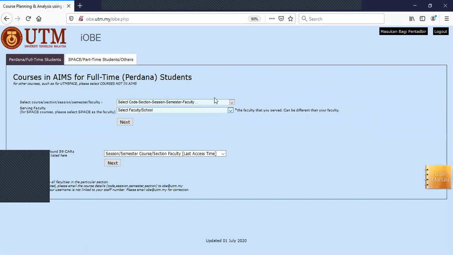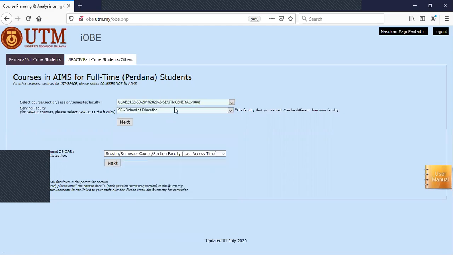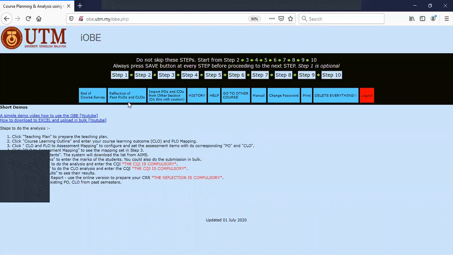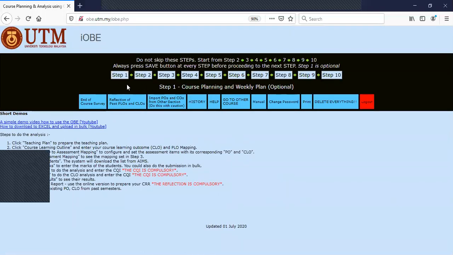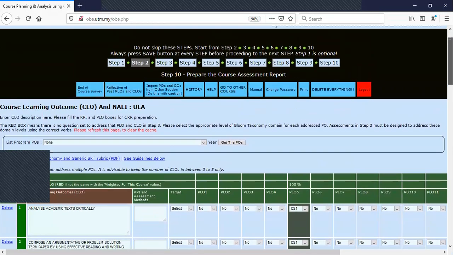So you have to select your section first. For example, I'm selecting this section, 2122, section 30, and automatically the school is selected. Okay, so there are 10 steps altogether. We straight away go to step 2. We can just ignore step 1. Go to step 2. The first thing that you have to do for step 2 is you have to import the